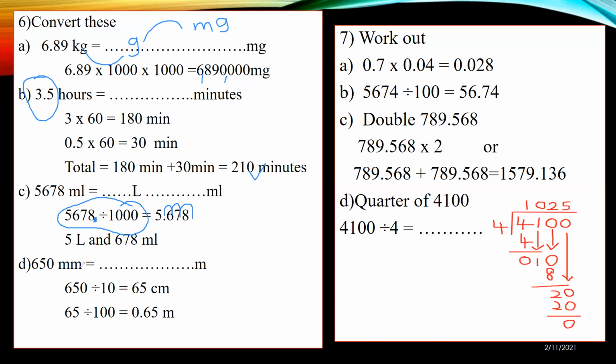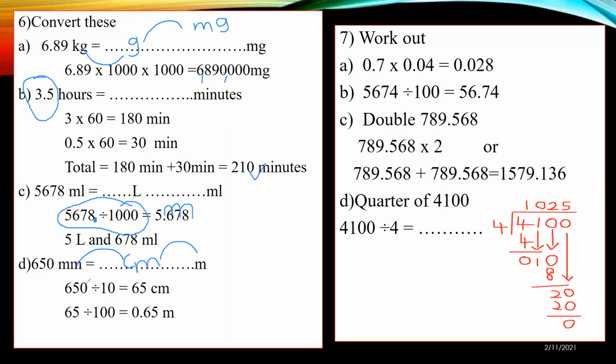The next one, you have to convert millimeters to meters. So first millimeters to centimeters, then centimeters to meters. Now, in the first part, it was a larger unit and you wanted to convert to a smaller unit. There what we have done, we have multiplied. Now, here we do the other way around. You have a smaller unit, and you're going to convert into a larger unit. So when you want to convert from a smaller unit to a larger unit, you have to divide.